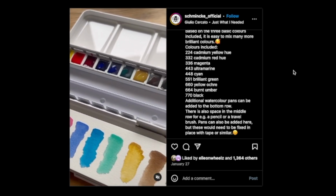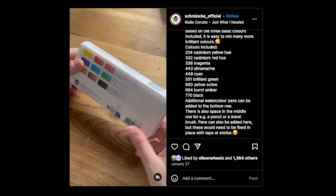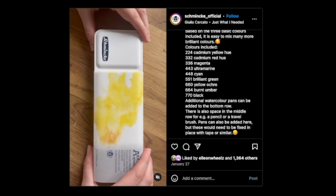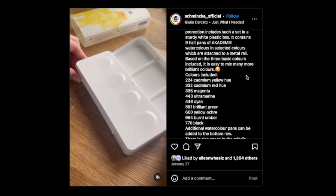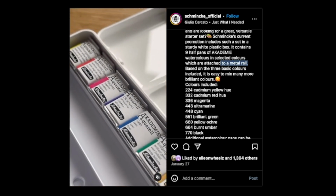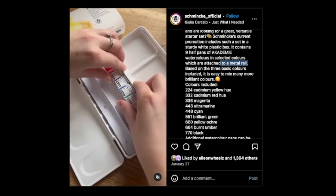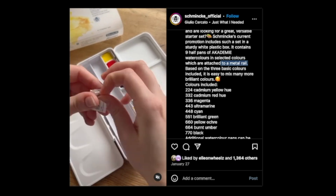So I'm not against plastic palettes. I'm someone who likes both plastic and metal palettes. For me, it's more about the real estate that a palette will occupy rather than its material. But I'm rambling. Anyway, Schmincke has published a video on Instagram of one of their Schmincke Academy palettes, and it's